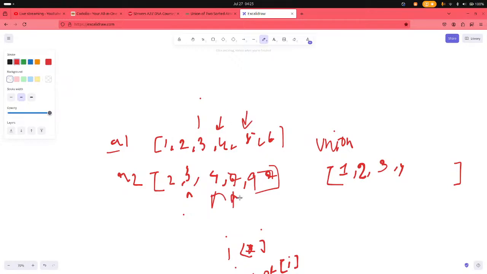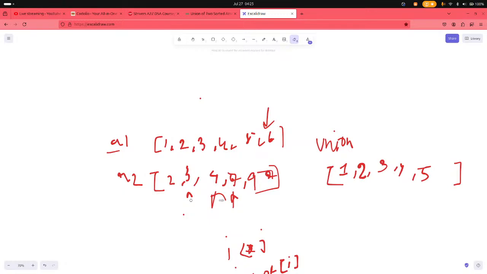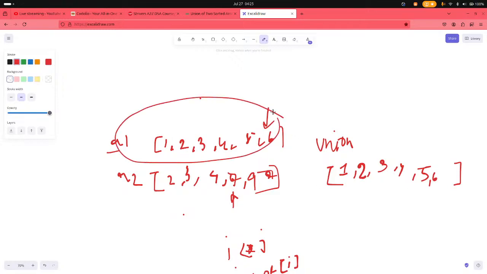And now 5 and 7. 5, are you less than 7? Yes brother, I am less than. Okay, I am putting it in, and move it one step. It is staying at 7. Okay, 6, are you less than 7? Yes, I am less than. Put it back. Now I have completed array 1. As I have completed array 1,